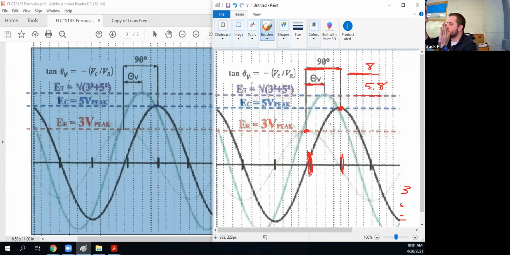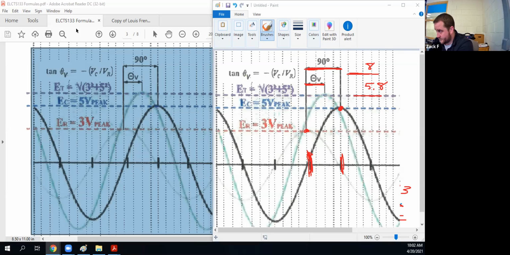The difference in the peaks, we can't just add them together. Because of the phase shift, we can't just add them together. They're a weird average total that's found by using the phasors and the trig. That's where those formulas come from. And then if you wanted to find where this peak was at,